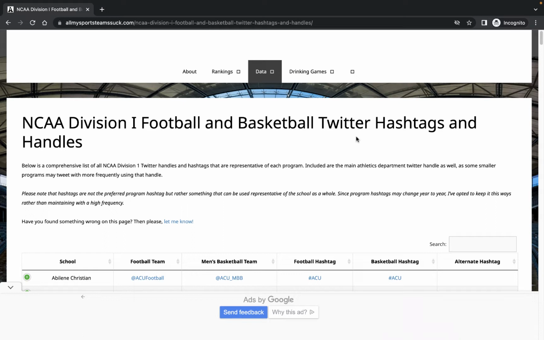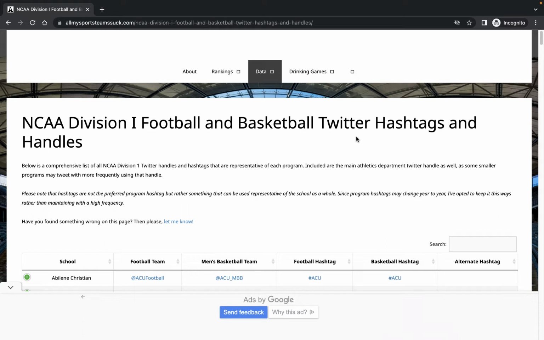Now, recently I've been working on a project where I've been collecting tweets from NCAA college basketball teams. And in order to do this, I needed to first find the Twitter handles or Twitter usernames for all the Division I men and women basketball teams. So I started to do some Google searching to see, has anyone compiled this list? Hopefully that would save me a lot of time since there's over 360 teams for both the men and the women each. And I came across a few sites, and one of them I'm showing here on my screen right now,